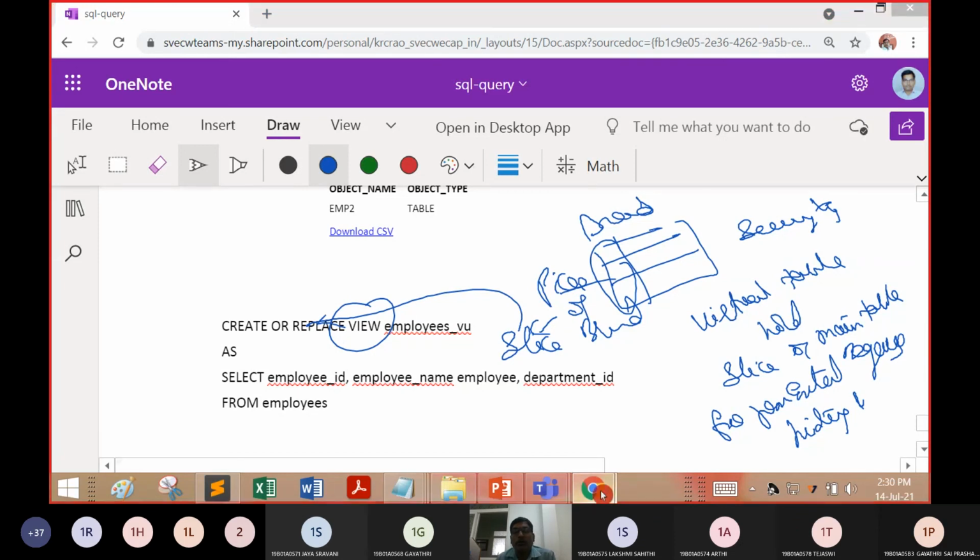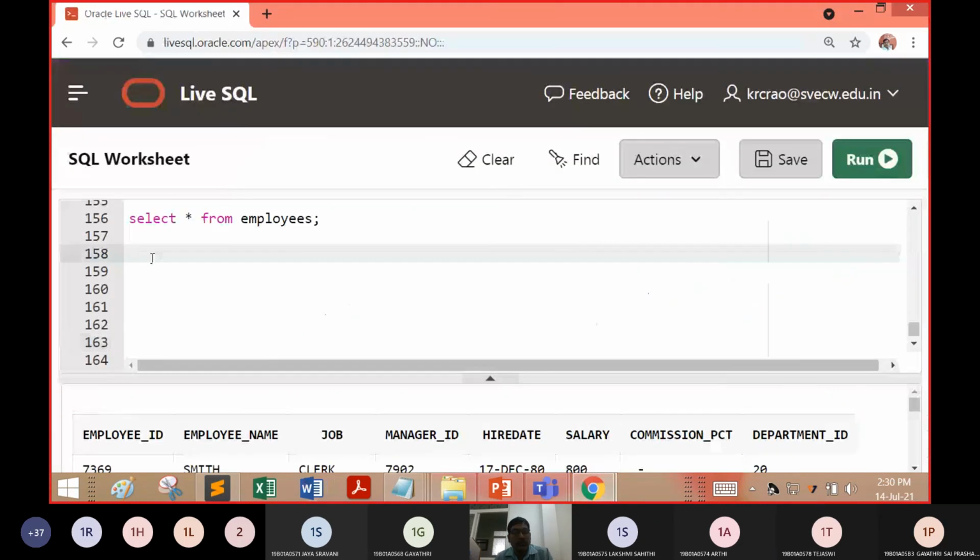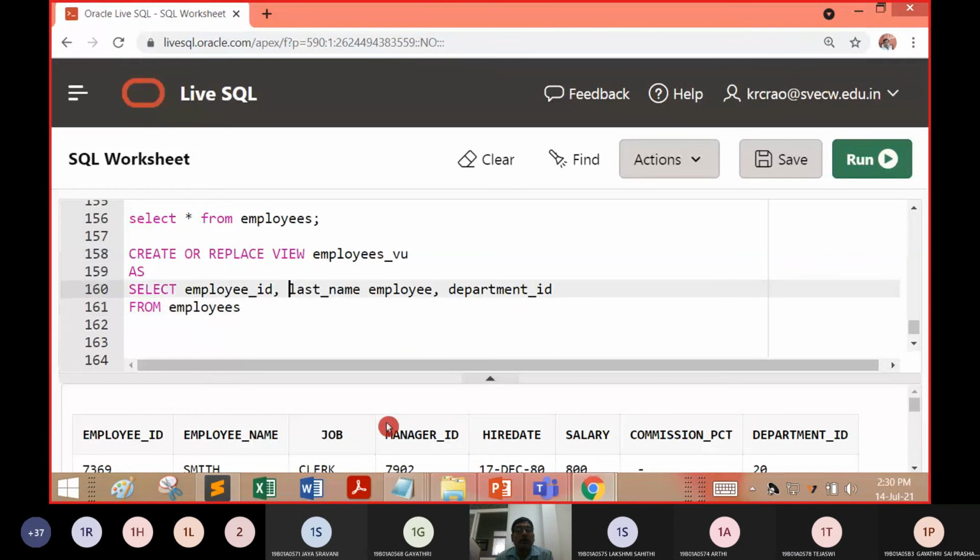Okay, now you can move to the live SQL part. I will replace the name. What are the fields in the employee table? Below they are available: employee ID, employee name, job, manager ID, hire date, salary, commission PCT, department ID.